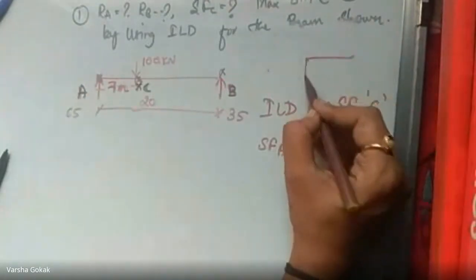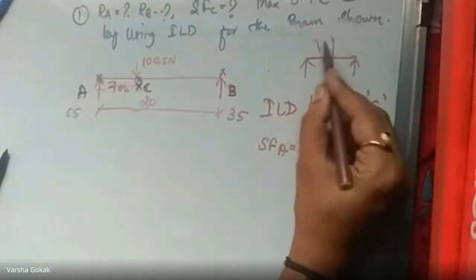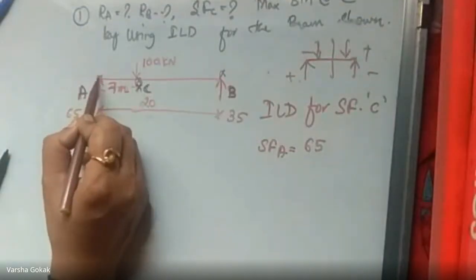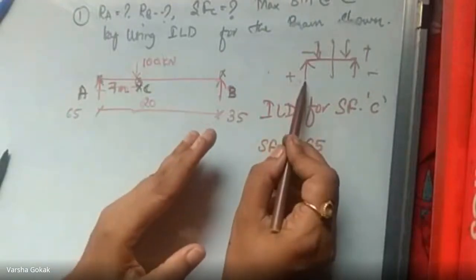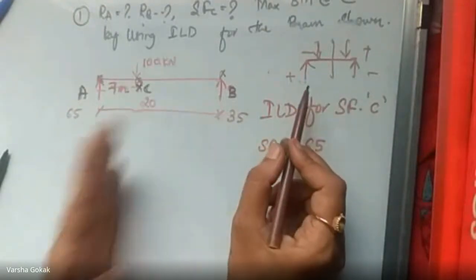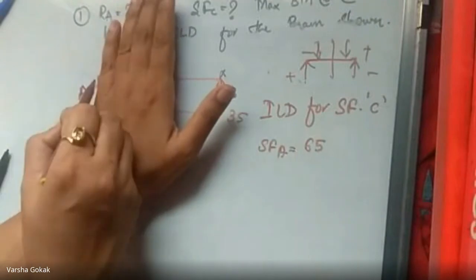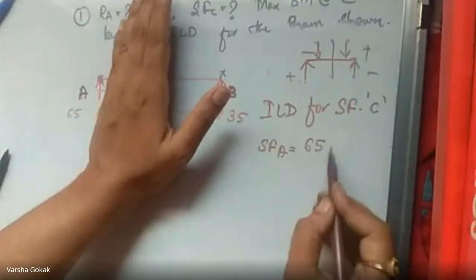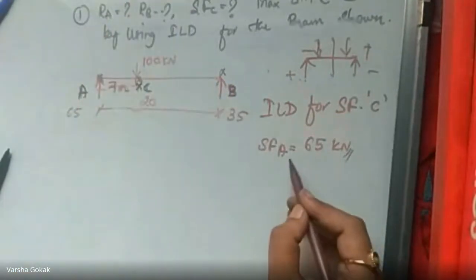Come on. What is the shear force at A? Sign convention is like this. Plus minus plus 65, RB minus 100. No, minus 100, I'm talking of A. Means here, I'm starting from the left side, so upward forces are positive and downward are negative. So when I come to point A, only this force is there, that is the upward reaction with 65. So 65 kilonewton is your shear force at A.